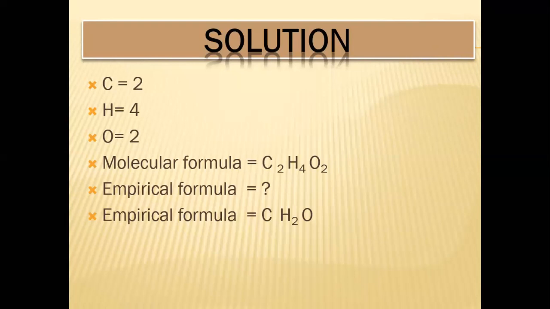Number one point is that you may write somewhere in your notebooks: different compounds can have the same empirical formula. Number two point is that some compounds can have the same empirical and molecular formula. For example, we cannot simplify water, and we cannot simplify NaCl, so both their empirical and molecular formulas are the same. And the empirical formula is not a true formula.